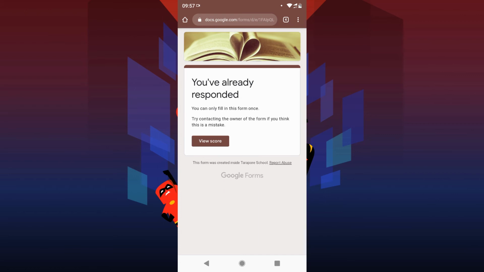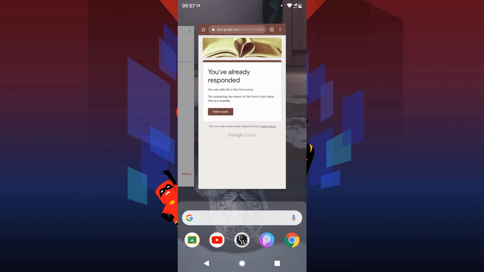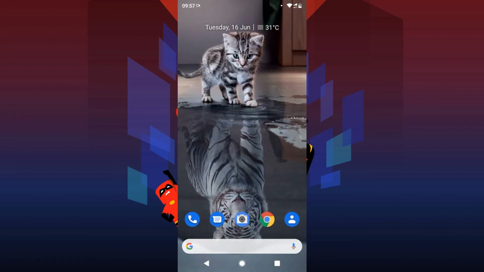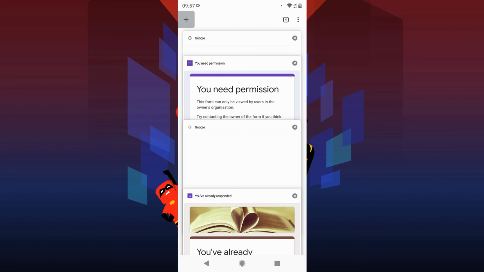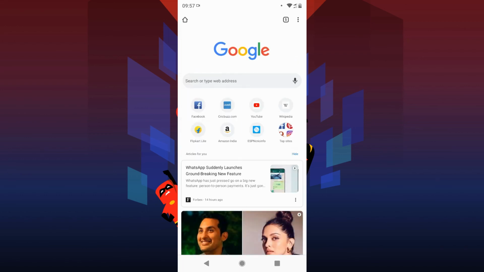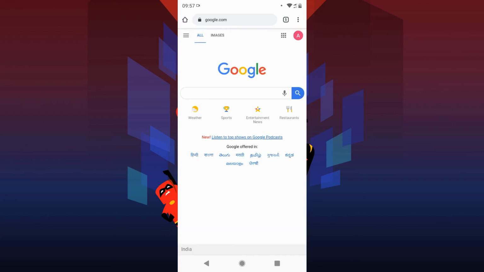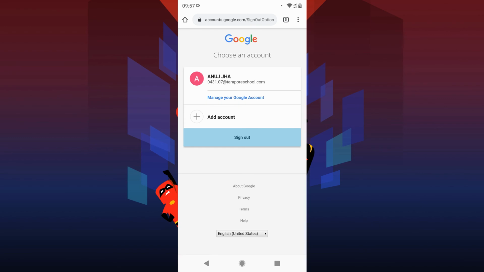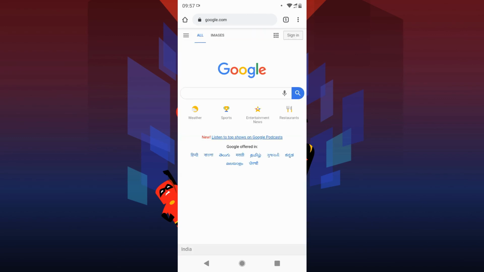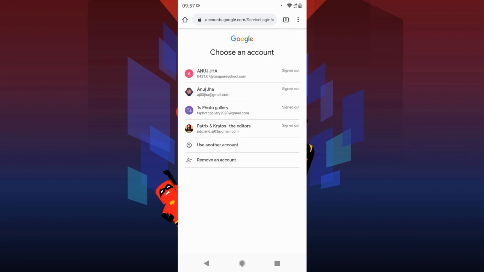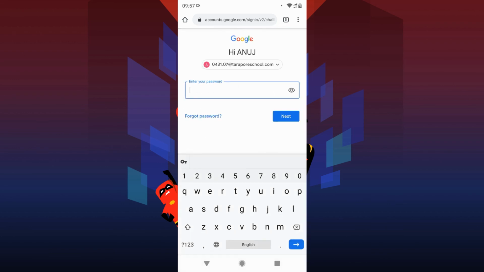So I am repeating the process. All you need to do is go in Chrome and select a new tab, and when you select a new tab, all you need to do is click on the home button in the left corner, and you will get this thing where your account's logo comes, and you have to click on sign out, and then again you have to click on sign in, and sign in via that email ID which you want to use, and again repeat the process.